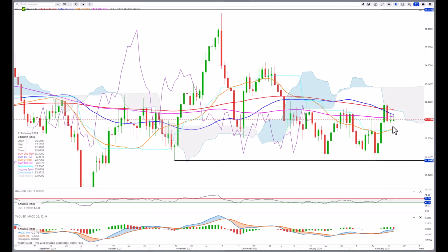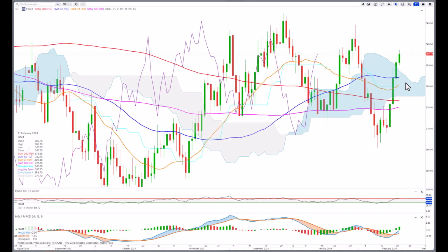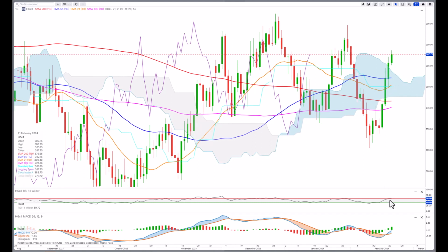Silver can't really make up its mind what it really wants to do, so I will say wait and see. It's still in this range here between 22 and 23.5. Copper, on the other hand, had a massive day yesterday and the past few days, really back above the cloud, very close to breaking bullish on the RSI, but in the